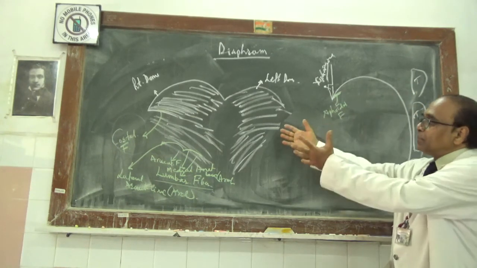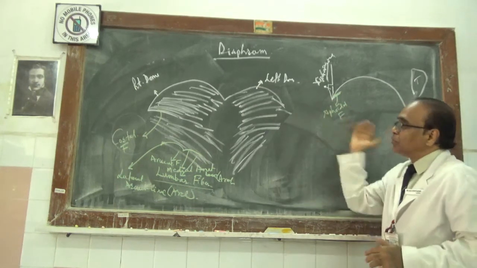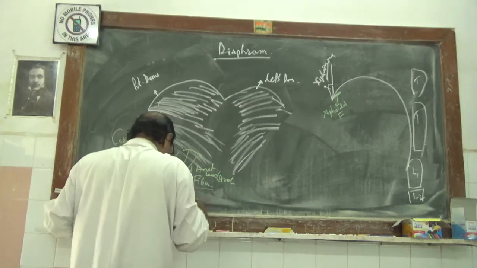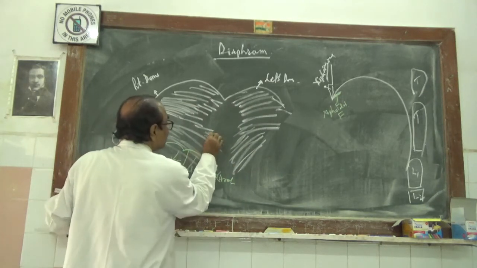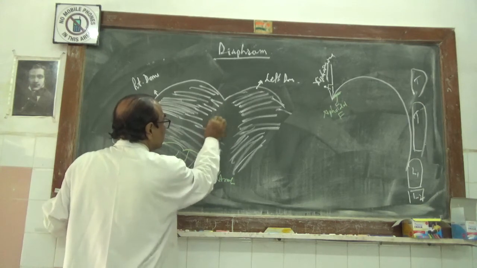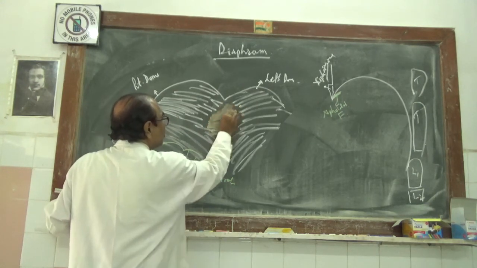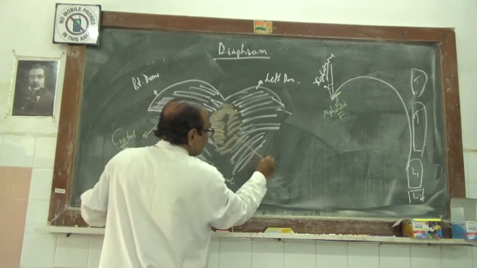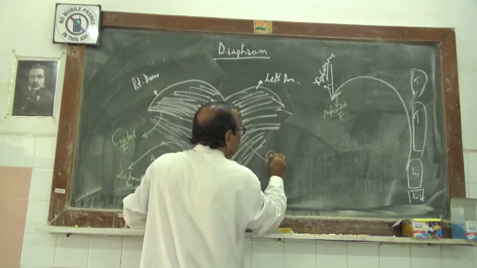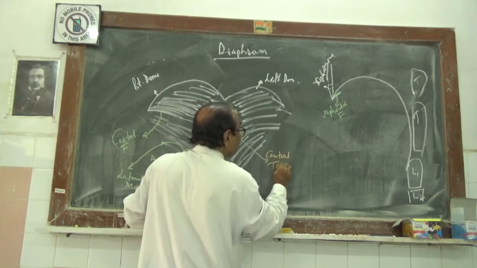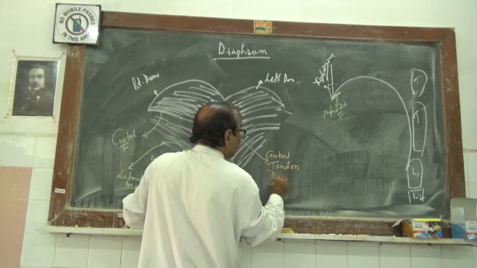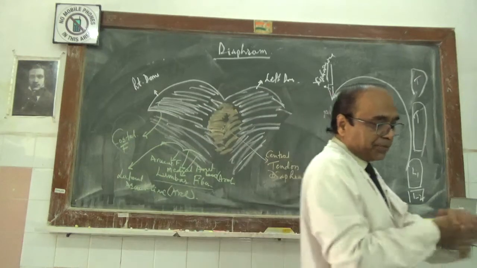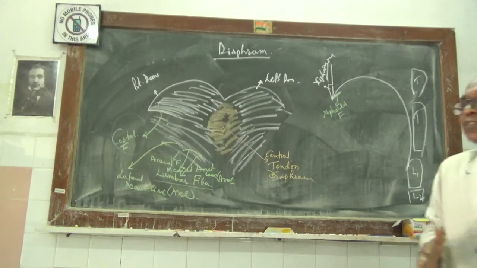Now after having had this, all the fibers meeting from the right and from the left at the central part will form one whitish portion. Now this whitish portion is termed the central tendon of the diaphragm. Now this central tendon of the diaphragm is almost all present in the center, in the mid part of